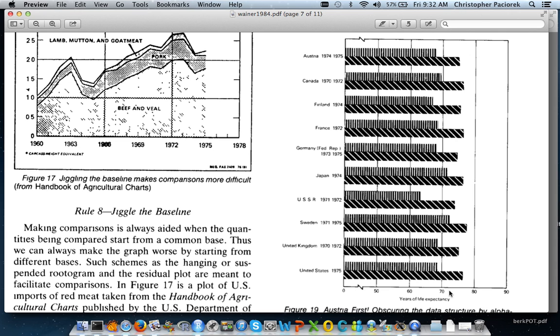But it's a little bit hard even with that to see it pop out, because we've got the men and women both on this same plot, and also because it's just ordered alphabetically, so there's nothing that really draws out the ordering of the countries